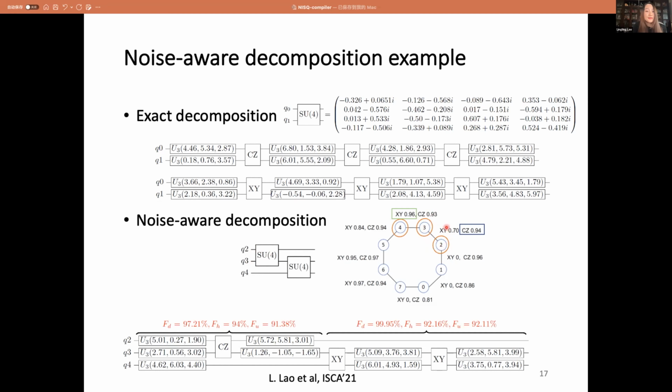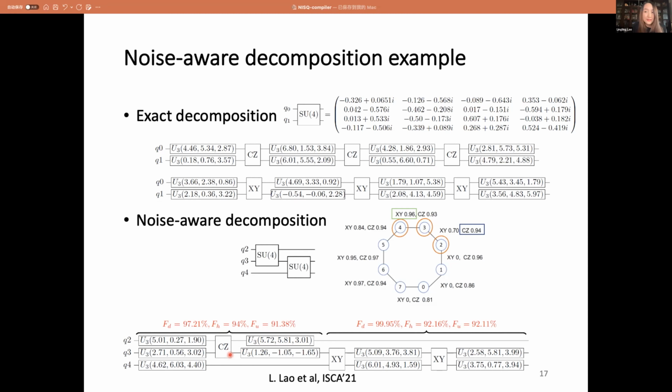So as you can see, the CZ gate on this qubit pair has higher fidelity than the XY gate. So the noise-aware compiler will choose the CZ gate as its native 2-qubit gate. And also, instead of having an exact decomposition which requires 3 CZ gates, it uses an approximate decomposition that requires 1 CZ gate.